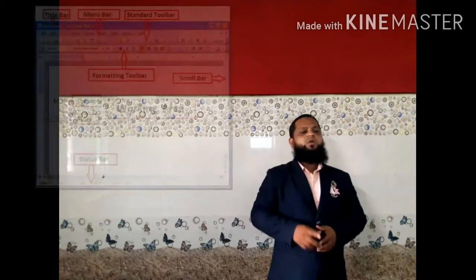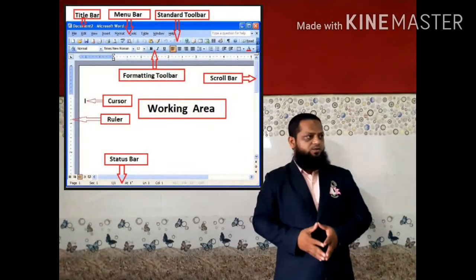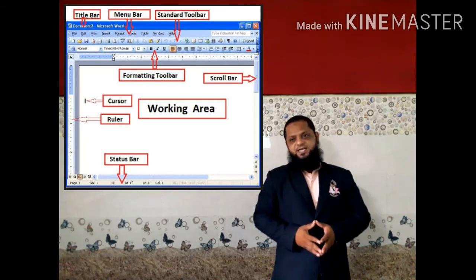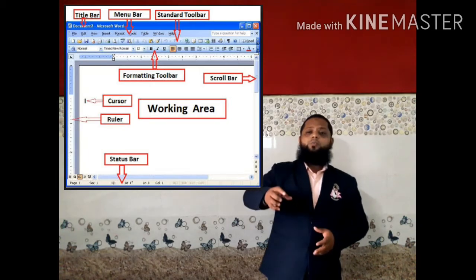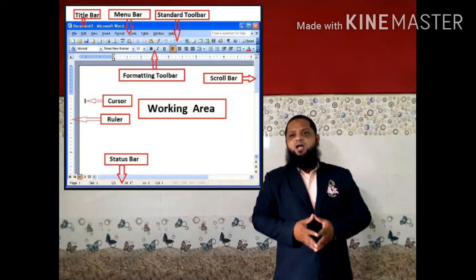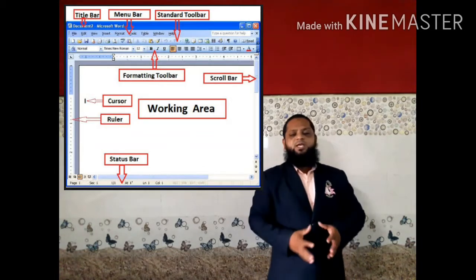On the Microsoft Word screen, you will be able to see the blue bar which is called the title bar. Document 1 is the default file name in Microsoft Word. If you would like to make a new file,